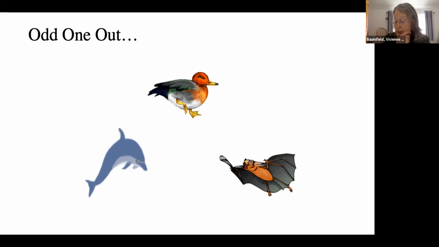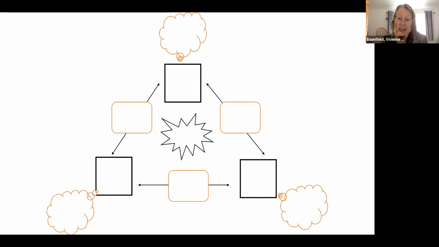And this is one example that was used in the classroom. And I've used this many times in different presentations, and you always find that people come up with different ideas and different ways of thinking about it. I won't try and make this interactive here and now, but you might be wanting to be thinking yourself, if you had to choose one as the odd one out, which would it be and why would it be that one? And that then leads into thinking about the reasons why you might have chosen one of them as the odd one out.